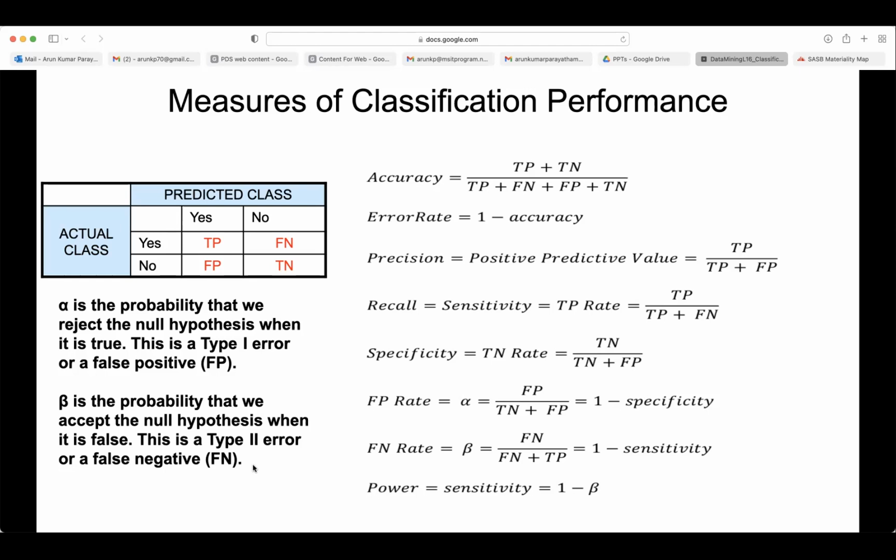Eventually, to reduce the false negatives, false positives will become more. Because even if a small suspect is there, you will predict them positive, right? That may not be having enough evidence. You may need to further prove. So if you want to reduce type 2 errors, you will increase the type 1 errors. If you want to reduce type 1 errors, then sometimes we may increase the type 2 errors. So the balance should come between type 1 and type 2.